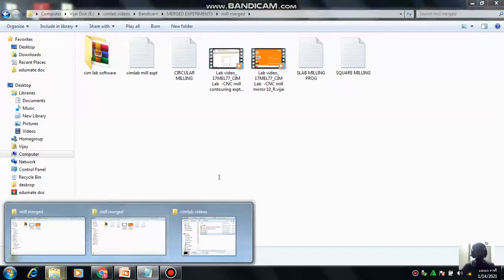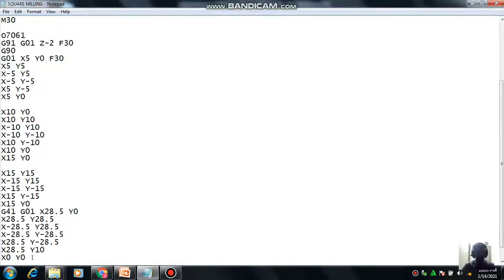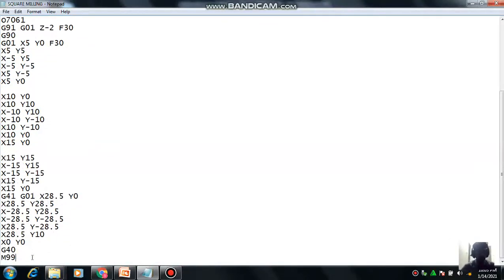Once this is over, then we are going to complete this. We have to bring the tool a little bit after completion of this y10. It moves a little bit for making the finishing of that. And G40, again we have to cancel the G code. The cancellation of TNRC should be there at the end of this program. Then M99, it is the subprogram end. So once it is done, then we can go for it.